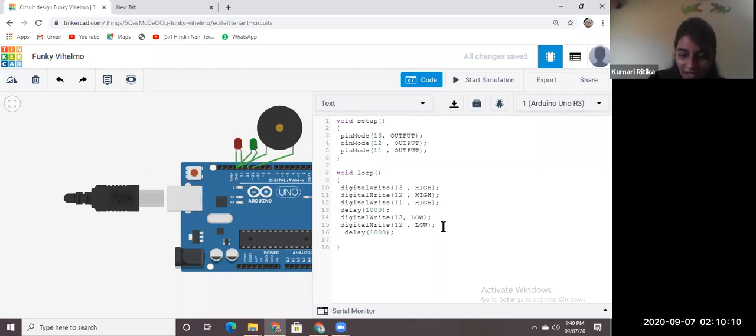And after this line, you can turn it off. Digital write, and then 11, and then low. So add these two lines just before the delay statement, and let me know what is the difference.